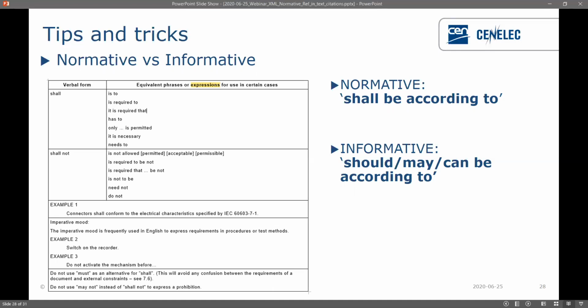So take a look at this table. And again, if in doubt, get in touch with us because we can always inform you. The reason why we have this table is to make life easier for the translators. So obviously, some things in native English mean one thing, they might translate slightly differently, but these are all agreed terms that are either normative or informative. So if in doubt, stick to this table.